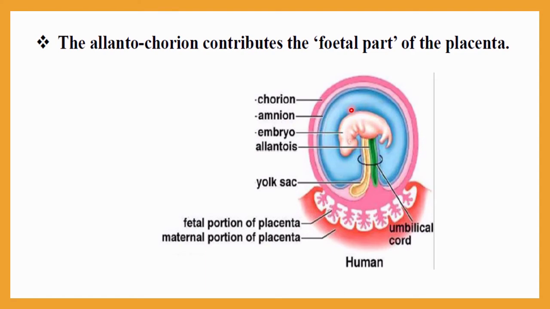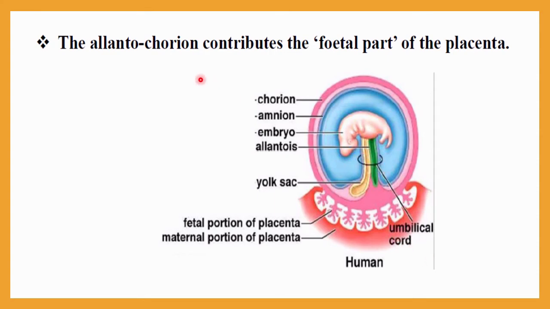That is also called the amniotic fluid, which is surrounding the embryo. That is the amnion, and this is the main embryo, you can see. This greenish part is the allantois. And this is the yolk sac here, this yellowish color, and both together, you can see here, are forming the umbilical cord.